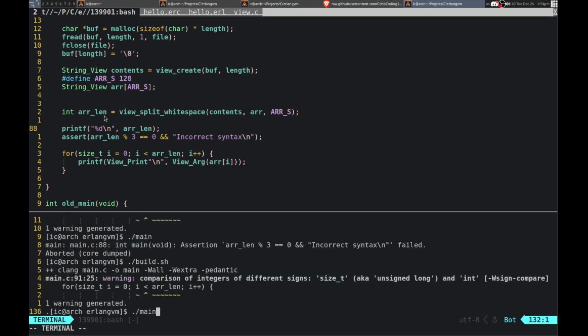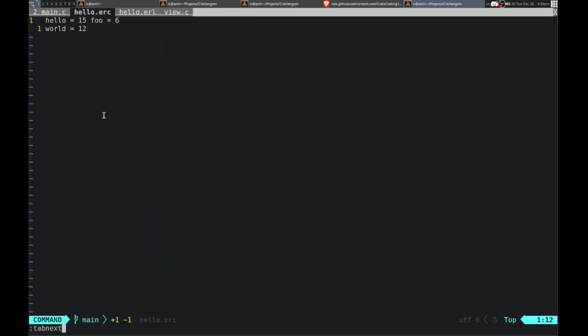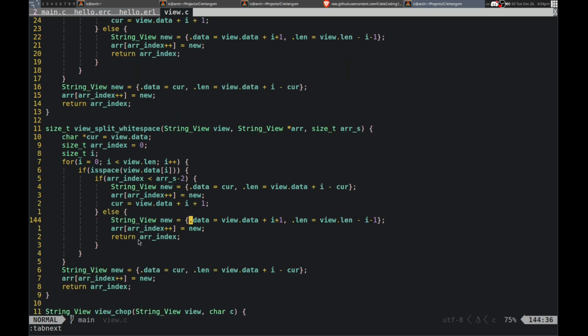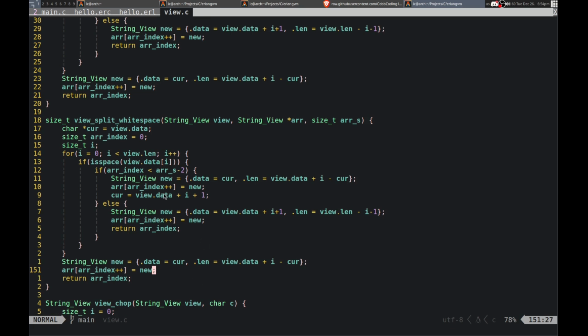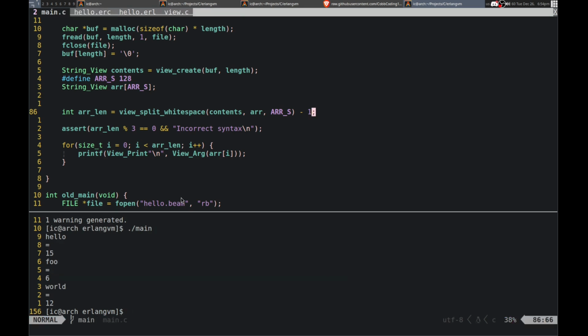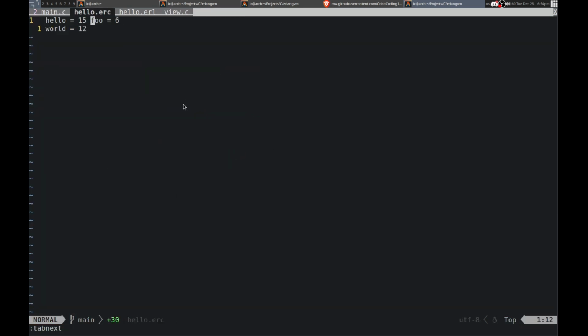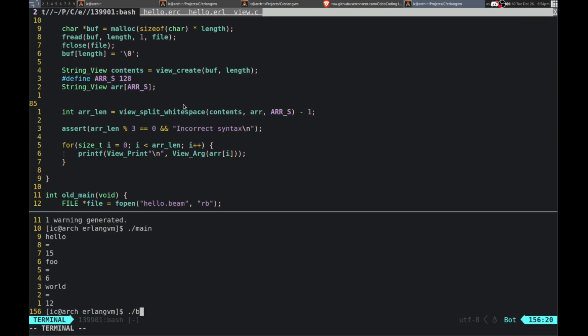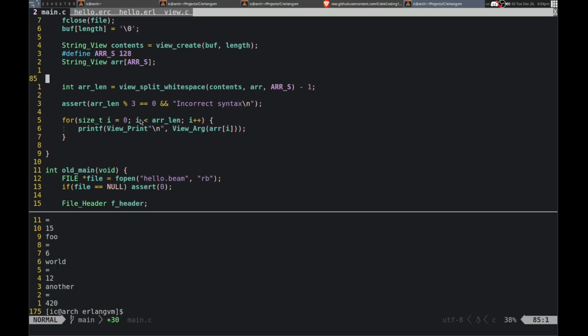Because I might be doing it wrong. 10. Okay, so there is one extra. Why is that? Is it because I'm at the end here? Probably. So maybe I need to do mine as well. Because then it works. Hopefully it works on all of them. So what if I do another? And it does work. Okay, so that should be fine. So yeah, I can just assert for now. I can change that later.